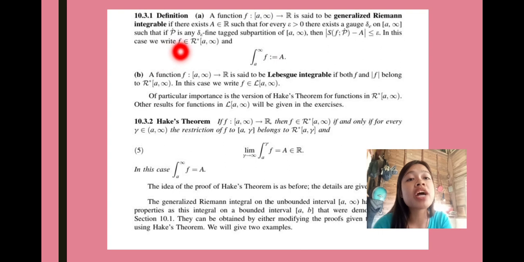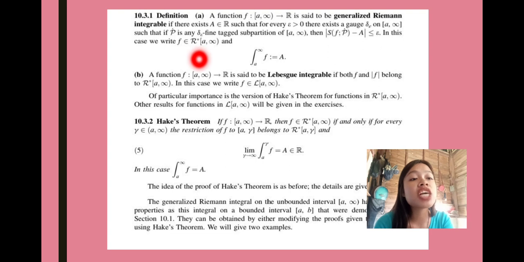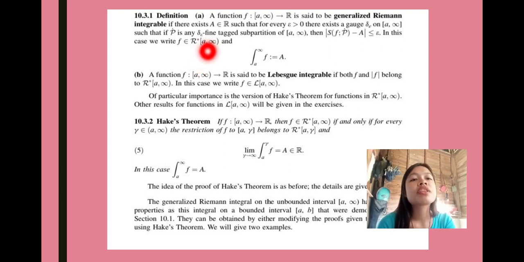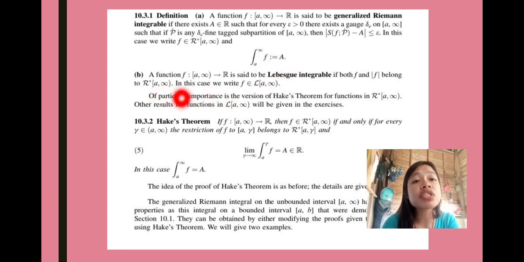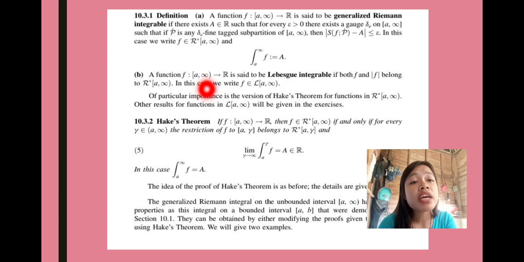In this case, we write that f belongs to R*, the set of non-zero real numbers, on [a, ∞), and the integral from a to ∞ of f equals a. A function f from [a, ∞) to R, a real number, is said to be